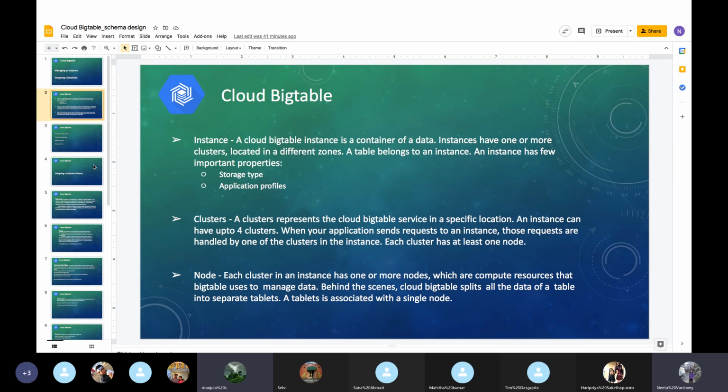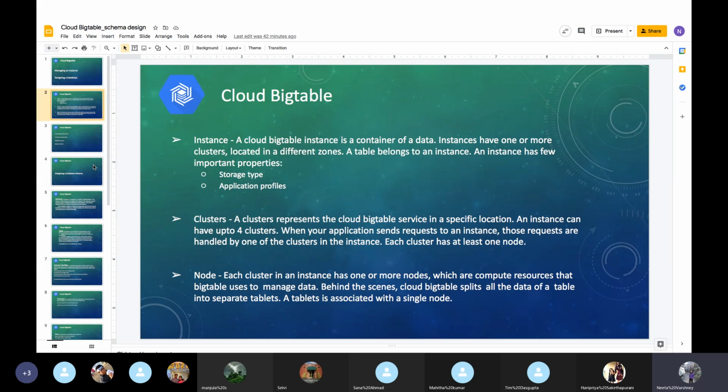So, are these like in a tree or something? It's not kind of a tree, because the clusters don't have an actual table. They just create a replica of the table. In different regions, for example, if my table is in the US North region, then I can create a cluster with a replica of my table in US South.